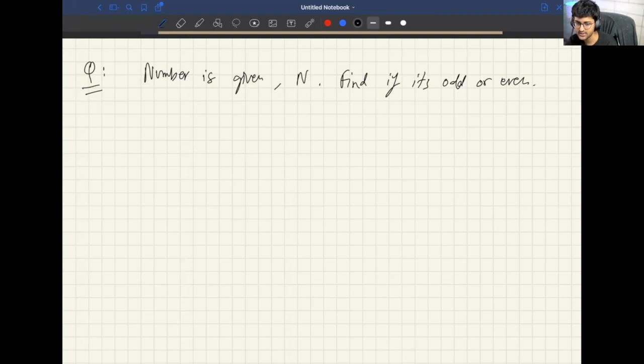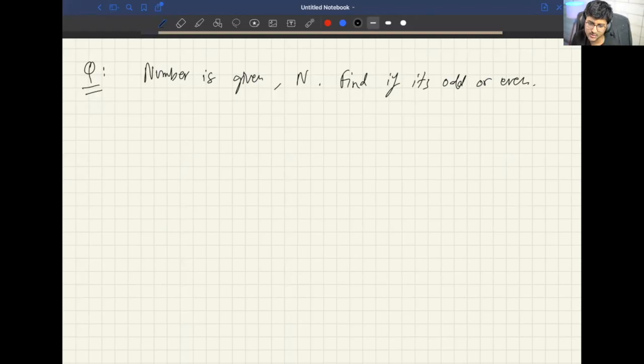Anyone? You can unmute yourself or send it in the text. You can do an AND with one of the numbers using bitwise. Exactly. So if you do AND with that number 1, that is going to give you what? You can do modulo division as well. That's true. But this is a little bit more efficient approach.